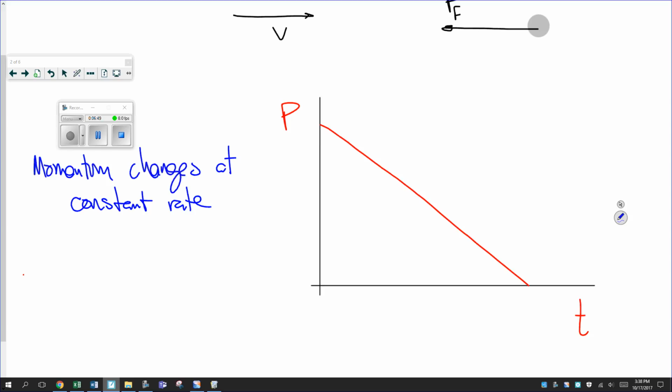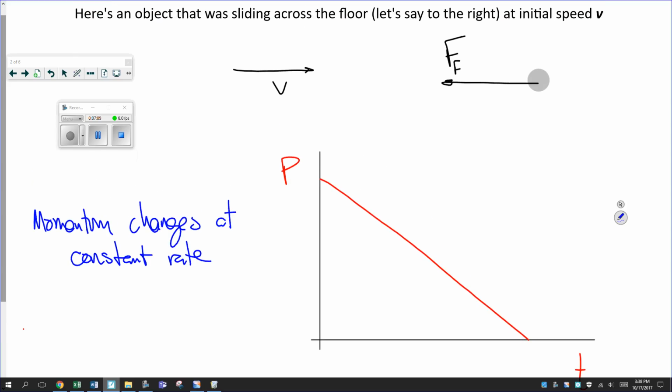All right, so that's what happens when objects are under the influence of a single force. Their momentum changes at a constant rate. The momentum changes by the same amount during every equal interval of time. In this case, we could say that the object loses, well, let's see. There's two ways we can say this. So we can say that our object,